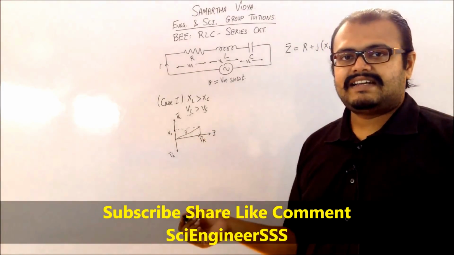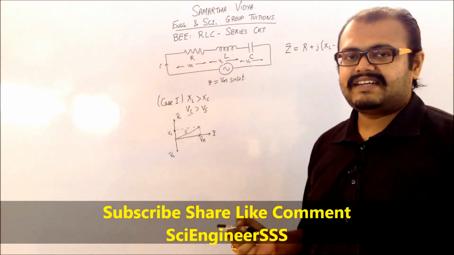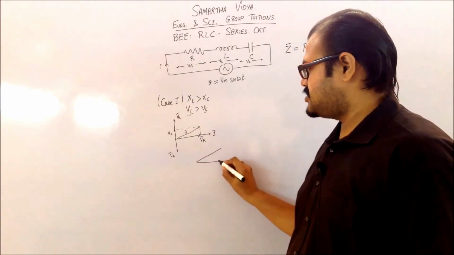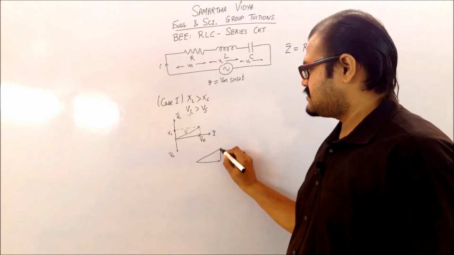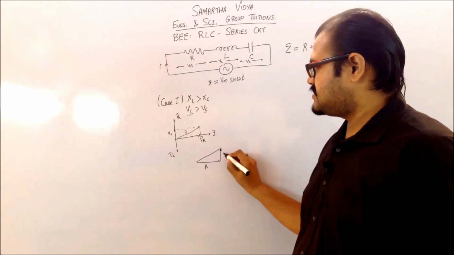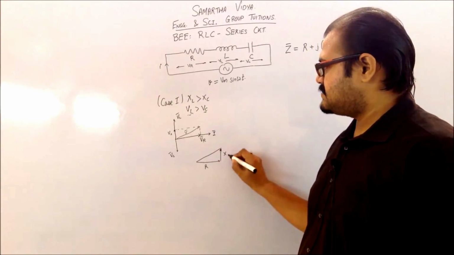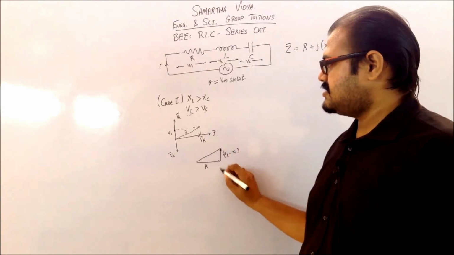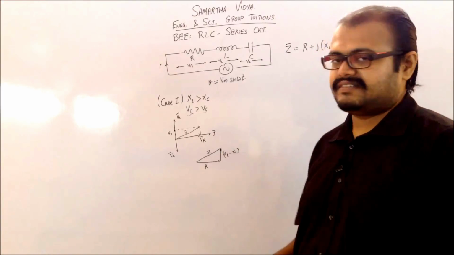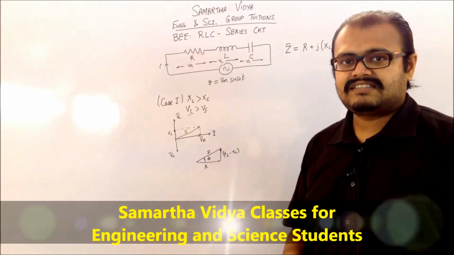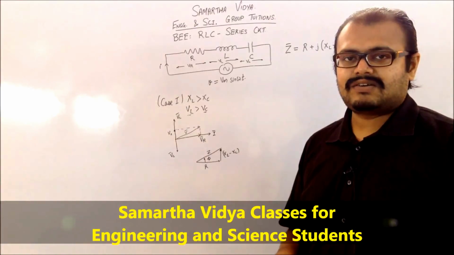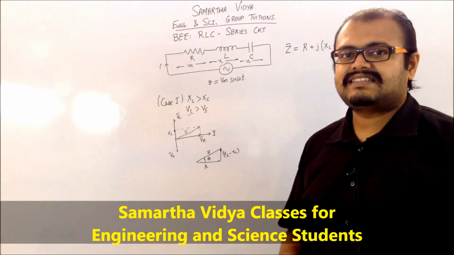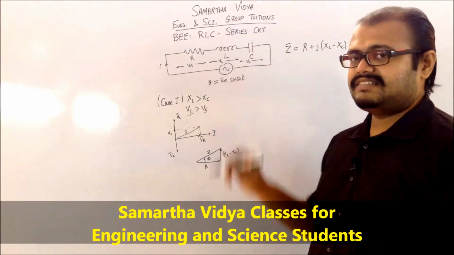So when you are analyzing the voltage triangle, from that you will be getting your impedance triangle. From the impedance triangle, this is your R, this is your net X, which is basically nothing but XL minus XC, and this is going to be your Z. So whenever the voltage across the inductance is predominant over the voltage across the capacitance, the entire circuit will behave as if it is a purely inductive circuit.